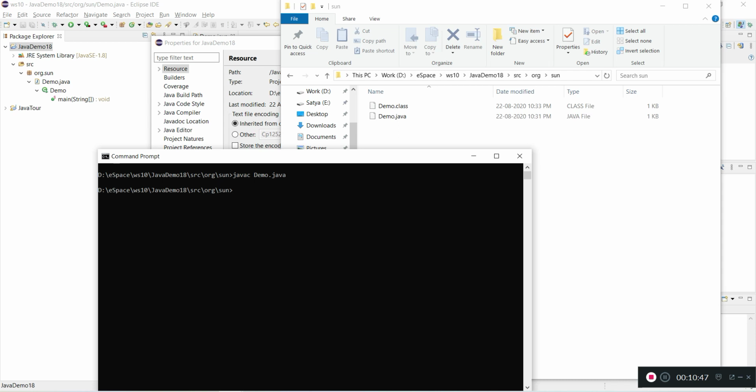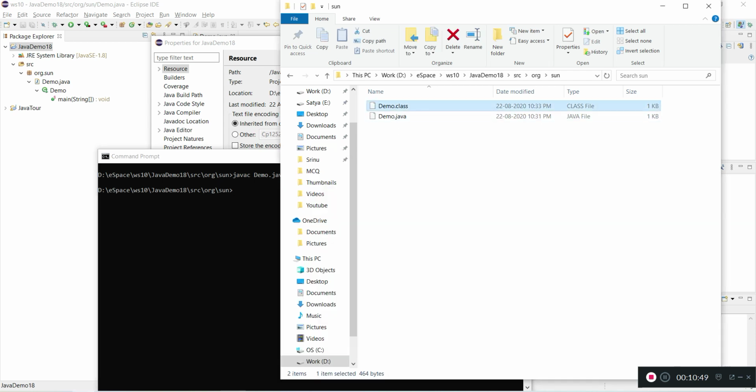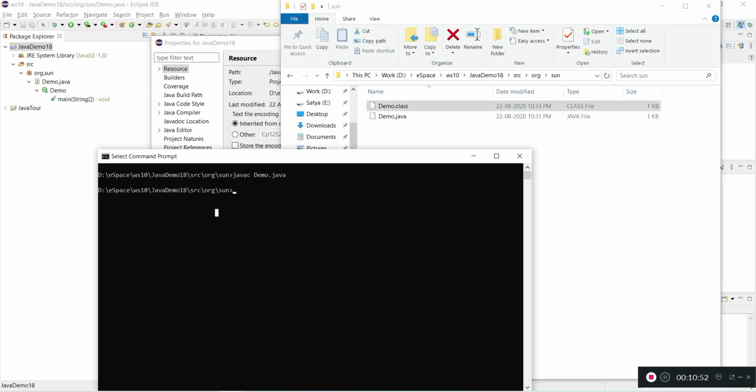So our file is compiled and we can see the class file, and to run, I need to give the package structure as well. So in the src folder, I have to give the java command. It is the JVM, and watch.sun is my package, and Demo is my class name.